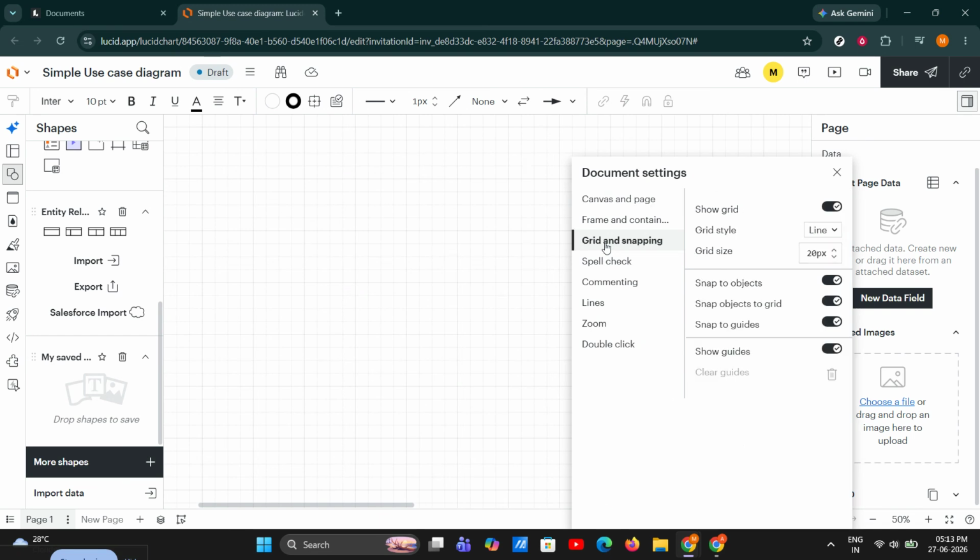This section controls how the workspace behaves when you move objects around, and it also includes the option to show or hide the grid. Now, inside Grid and Snapping, find the checkbox labeled Show Grid. By default, this may be enabled, which is why you see the grid lines across your canvas. To remove the grid, simply uncheck Show Grid. As soon as you do that, the grid should disappear from your document view, making your workspace look much cleaner